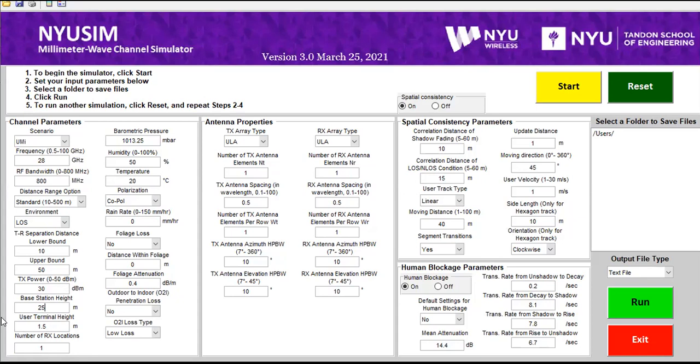You should set it depending on whether you are tall or short. Number of RX locations: we have just one, but you can simulate with a higher number of receivers in the cell. And the atmospheric condition, temperature, humidity, the pressure,